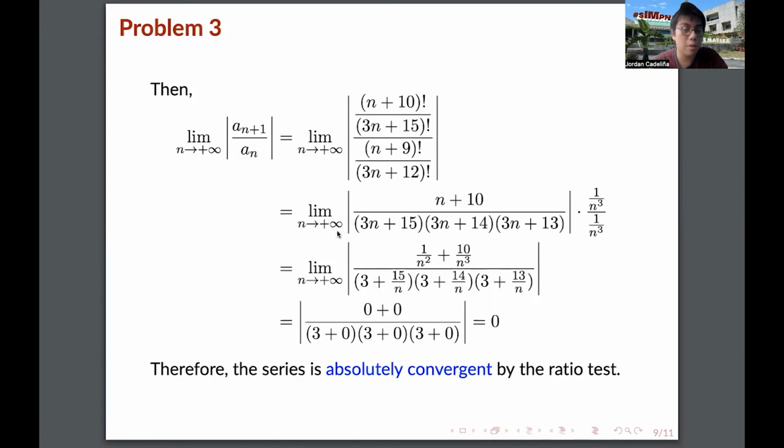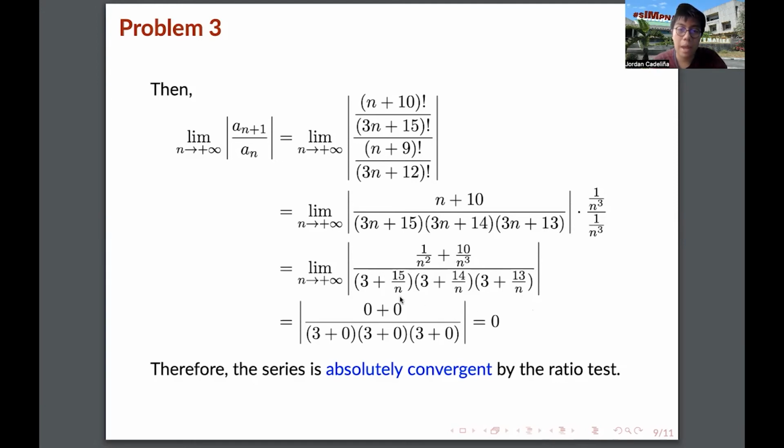So if you just substitute infinity, it becomes infinity over infinity. So we need to do something to reduce that possibility. So we multiply 1 over n cubed all over 1 over n cubed here. Notice that the 1 over n cubed can be split into three 1 over n factors, covering the three terms here. So when distributed, it becomes the limit as n approaches positive infinity of the absolute value of 1 over n squared plus 10 over n cubed, all over 3 plus 15 over n, 3 plus 14 over n, 3 plus 13 over n, which is equal to,